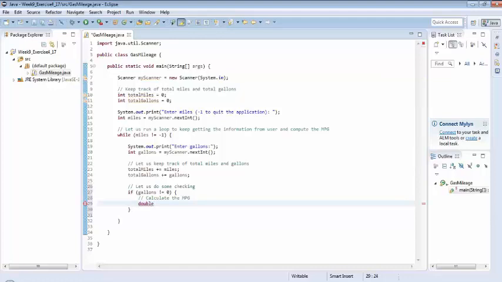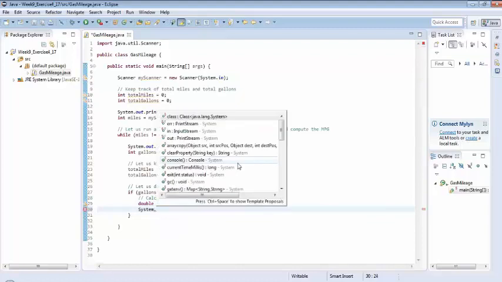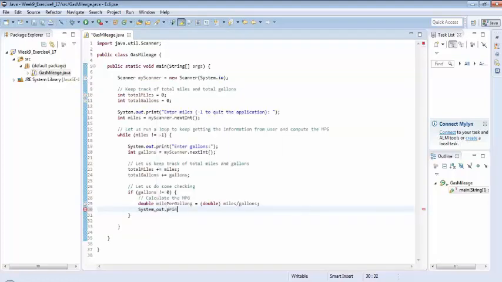Because we want to display a floating point value. So we shall say double milesPerGallon is equal to (double) miles divided by gallons. And we shall say System.out.printf